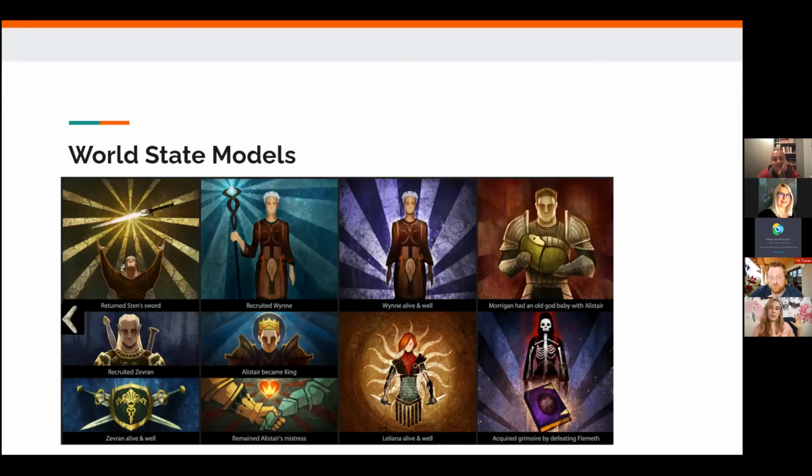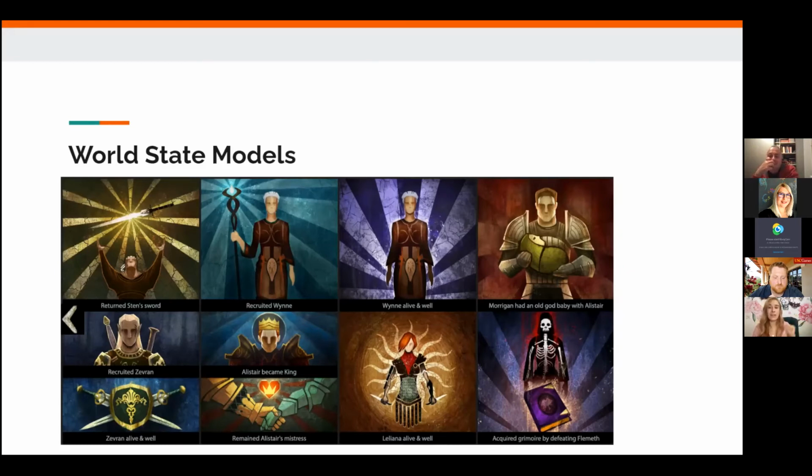If you play the first game, your choices in the first game can affect your choices in the second game. And the choices in the second game can start to affect your choices in the third game. So all these world state models need to know the information of your previous playthroughs. Unfortunately, the technology was so outmoded at that point that they had to build an online website where you could go in and pick each of your choices from the previous games, build your tapestry with all this lovely art, and then import it into Dragon Age Inquisition so that all the choices in your previous two games actually mattered. And this is fascinating in two ways.